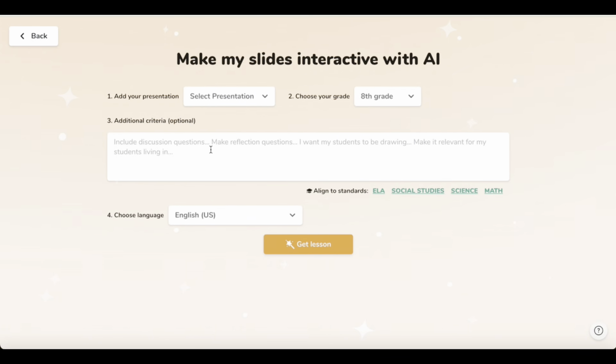Here you can upload your slides and CurryPod turns them into interactive lessons. Pretty easy. Simply select the type of material you have and then the grade and add criteria if you have any, and then choose if you want to align your lesson to any of these standards. Then choose your language and click on Get Lessons, and you will get a